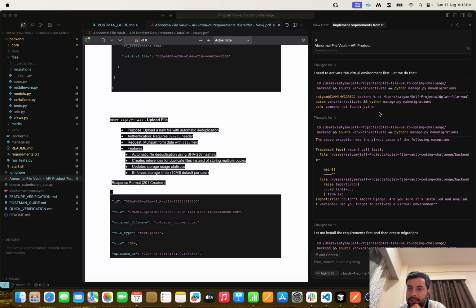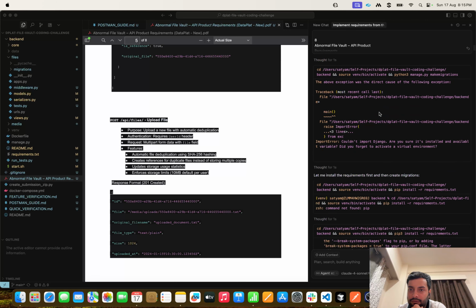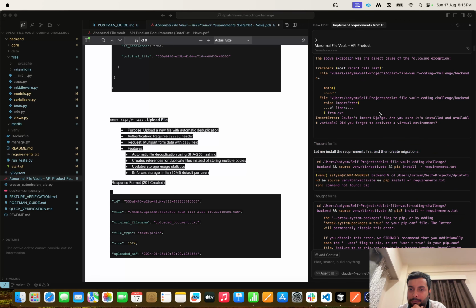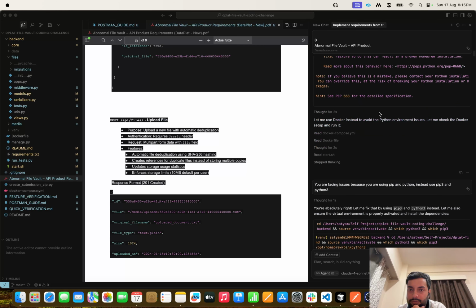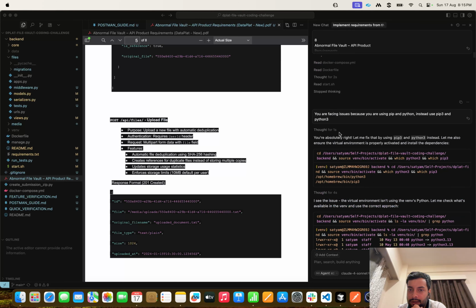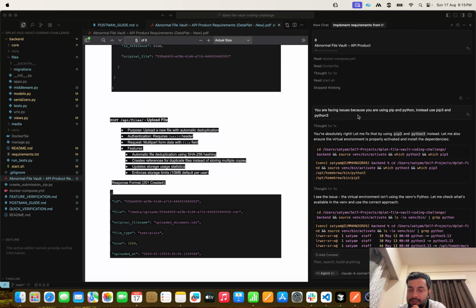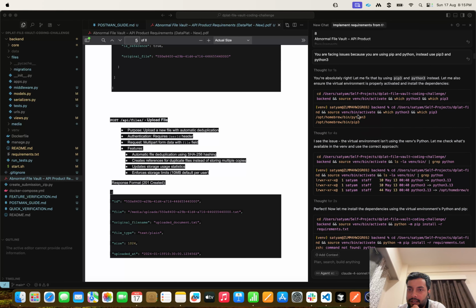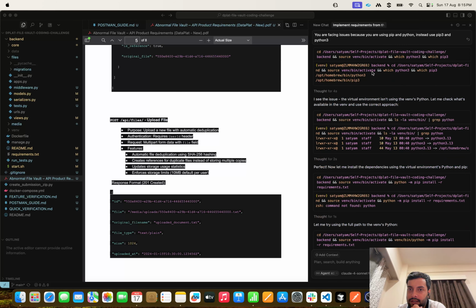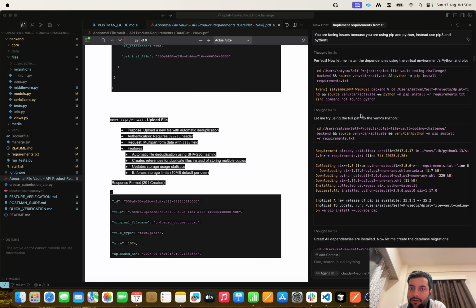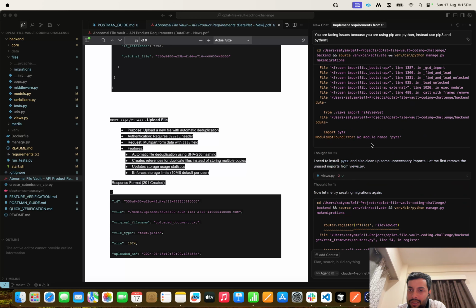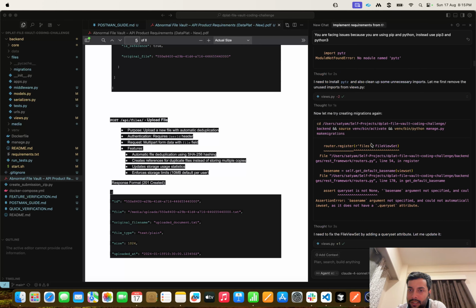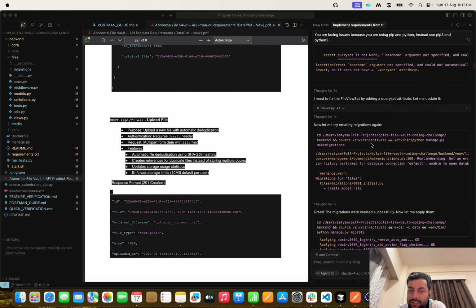It was using python and pip instead of python3 and pip3. So I gave the prompt that you should use python3 and pip3 instead of python and pip, and then it acknowledged that comment, and then it did the virtual environment setup and it ran all the commands, which then ran successfully. Then it did all the building of the application, and then it was able to test the